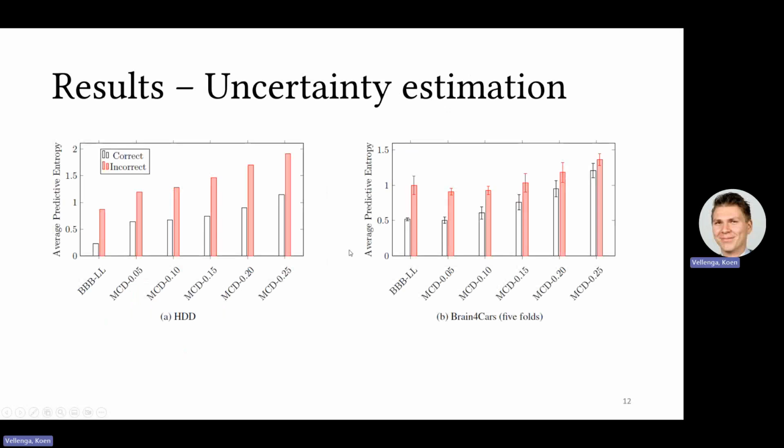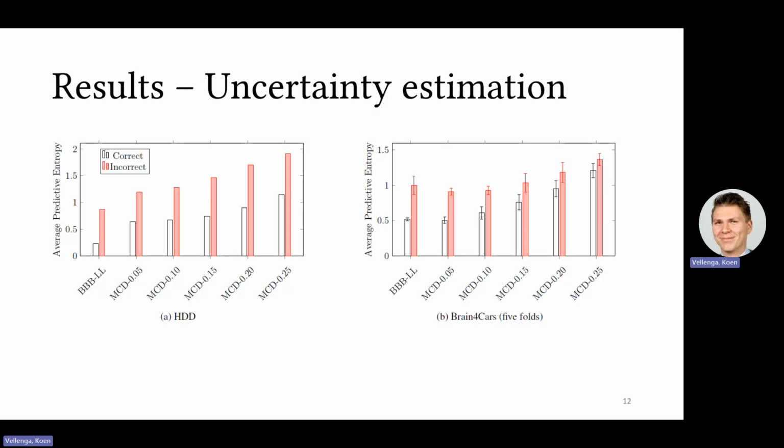Then if we look at the capabilities of these methods to produce uncertainty estimations, what we did is we set up the last layer of the networks so that we replaced the network weights with distributions. So we applied Bayes-by-Backprop, or we applied Monte-Carlo dropout, which basically means that during test time we also drop the network weights, which gives us, after Monte-Carlo sampling,